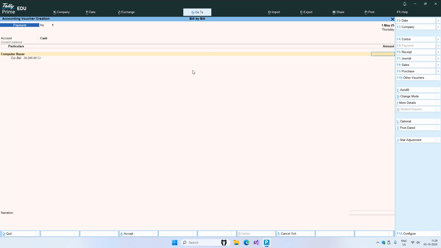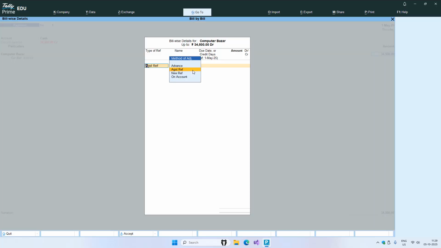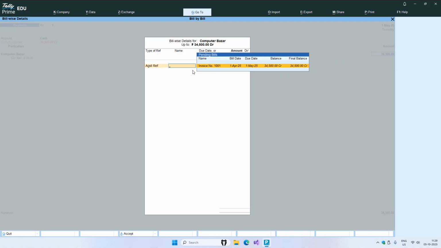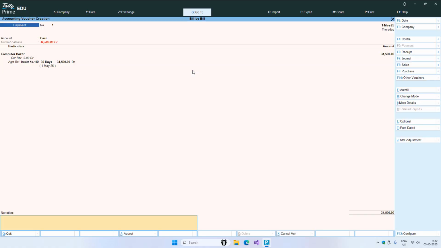So the total amount due is 34,500. So I add the total amount here, and here it is asking me whether I want to add a new reference, adjust on account directly without any reference, or do an advance payment. So I will choose adjust reference, and here you will see a list of all the pending bills that are due up to date. So let's say I choose invoice number 1001, and the amount is 34,500, and save this